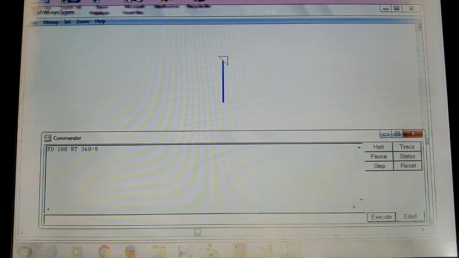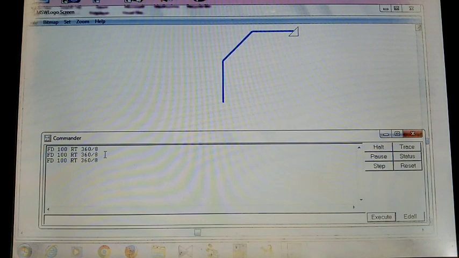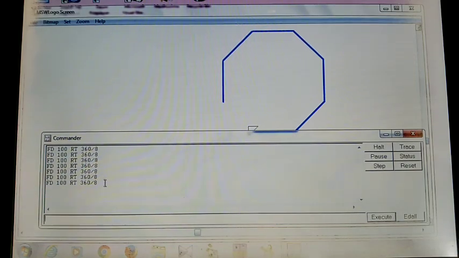So I want to draw it with the same commands another 7 times. Already one time I entered it here, so click 7 more times. Number 1, then enter, number 2, then enter, number 3, number 4, number 5, number 6, number 7, then enter.